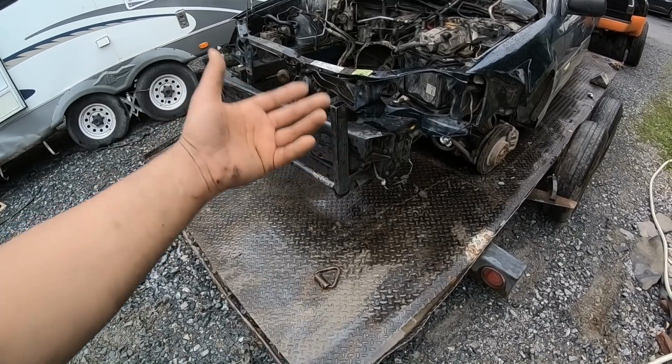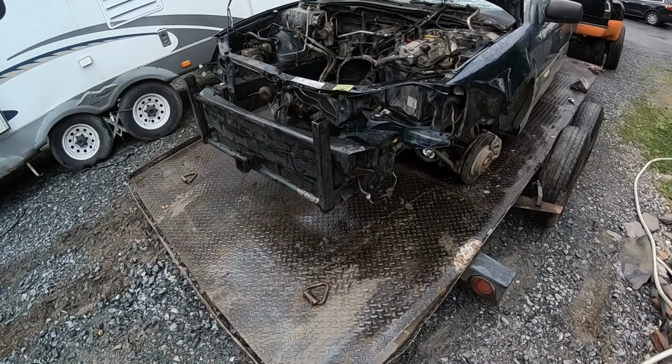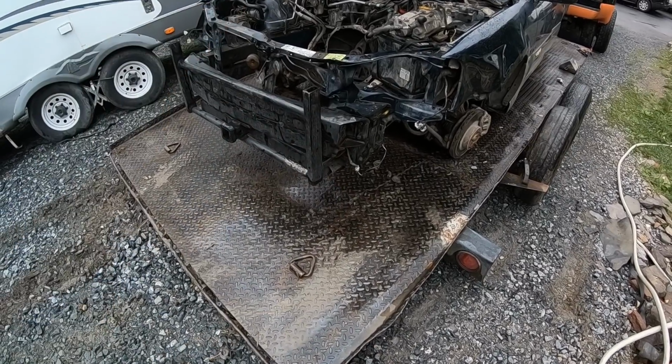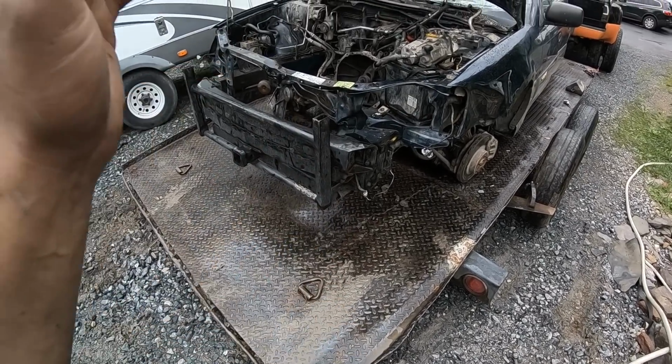I don't think we're going to deal with it. I think we're just going to move on, get this thing into the junkyard tomorrow, and be ready to rock, ready to roll. So I wanted to actually go ahead and show you guys also how much I actually made